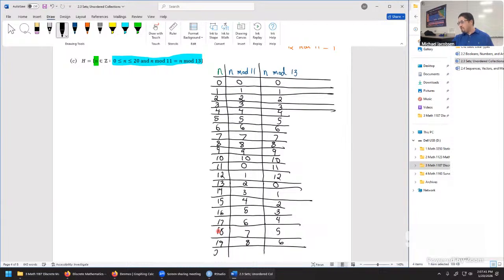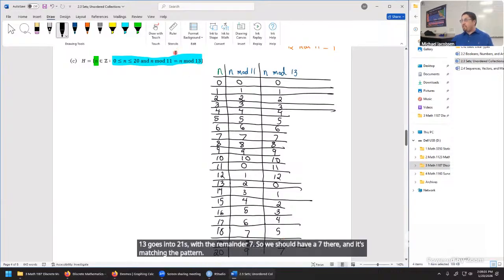8 and 6. And last one, let's double check if this makes sense. 20 mod 11. 11 goes into 20 once, but with the remainder 9. So we're on the right track there. 20 mod 13. 13 goes into 20 once with the remainder 7. So we should have a 7 there, and it's matching the pattern. So we have equality